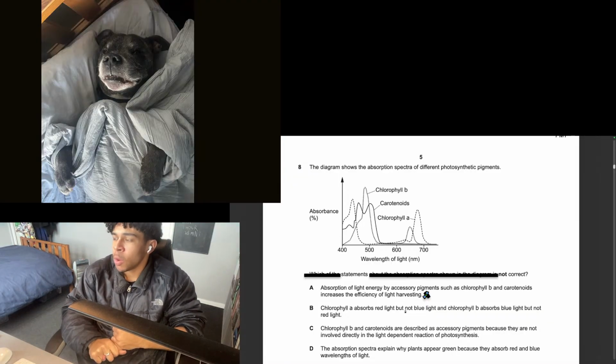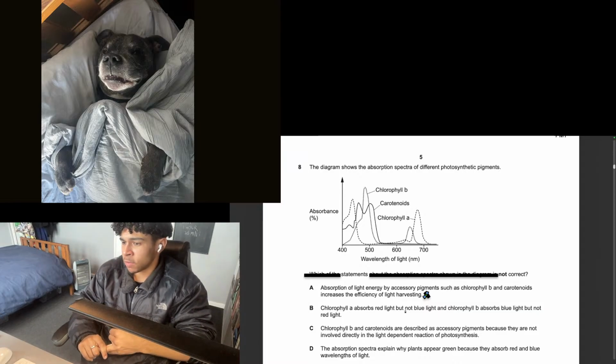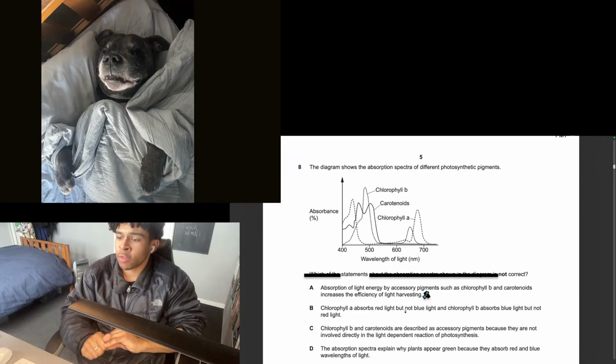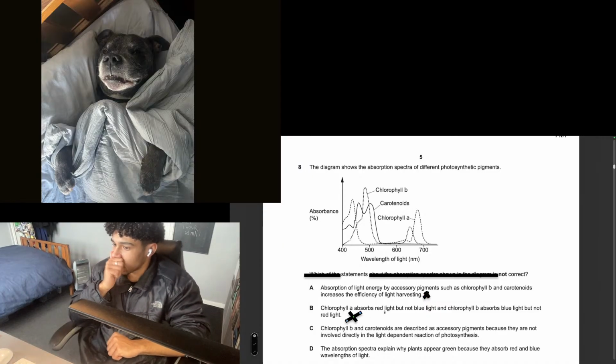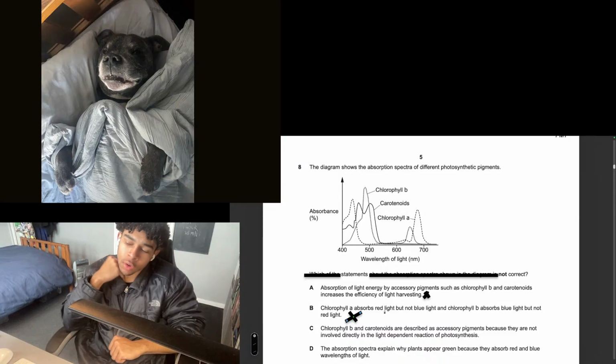Okay, I don't know a lot, but what I do know, chlorophyll A is the main pigment in plants, which gives them their main color, which is green. Green means it's reflective, so it's not absorbing green light. So I think this is actually wrong, because it should say red light, but not green light. Green light. Okay. So yeah, it should say not red light. And chlorophyll B absorbs blue light. I don't know the spectrum. I can't lie.